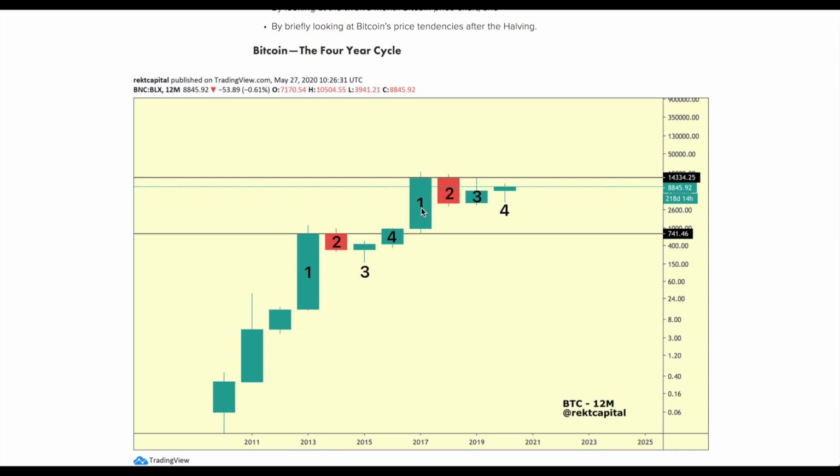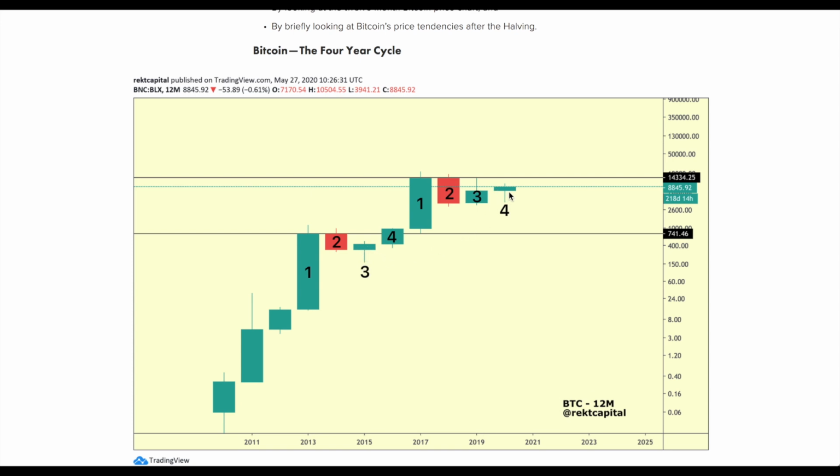And of course, if you just want to really quickly go over this 4-year cycle, exponentiality after that continuation over here from the recovery, from the bottoming out period, and of course, after the exponentiality of this candle over here, which peaks at the all-time highs of 20,000, but essentially speaking, rejects at 14,300, we see a corrective period in the form of candle number 2, a very deep retracement, similar to the psychology that we had over here, but much more stark in its retracement. Number 3 is the bottoming out period, and number 4, which at this point in time, roughly speaking, resembles candle number 3 from the previous cycle.